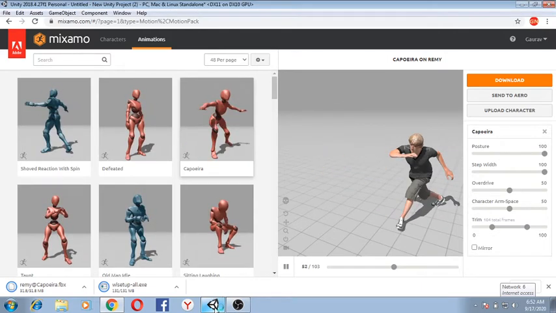I've already got a folder created with the name models in the assets part of this Unity.